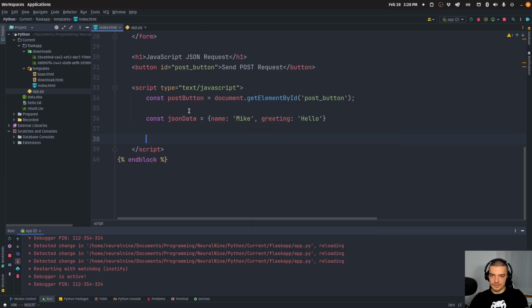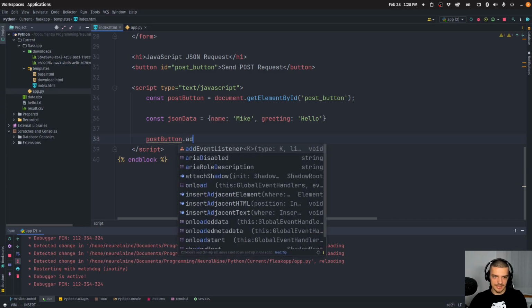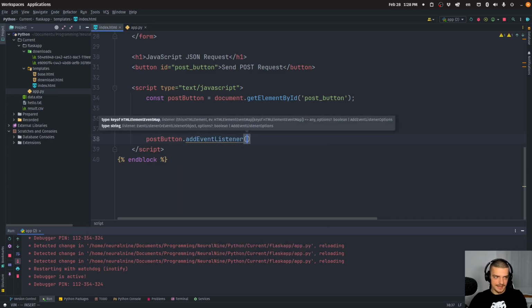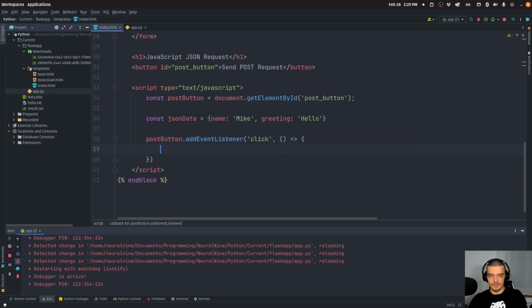And now we're going to add an event to the post button. We're going to say postButton.addEventListener. And the event listener that we're targeting is click. So when you click on the button, the following is going to happen. We're going to have an anonymous function here. Just parentheses, then equals, and then the greater than sign, so an arrow basically, then curly brackets, and in here